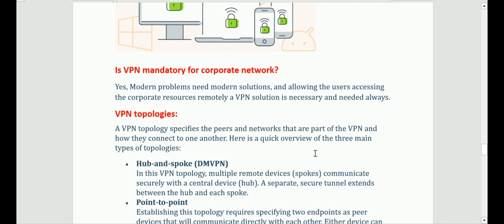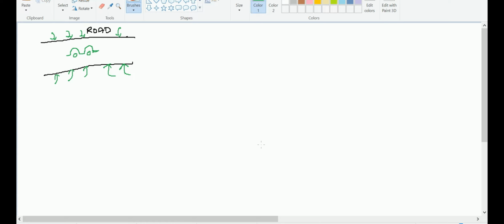And are VPNs mandatory for a corporate network? Yes, absolutely, because modern problems need modern solutions. One of the end users sitting remotely, we don't know which network he will be connected to, because he may be in a hotel, at the airport, or on some free Wi-Fi, but he wants to connect to my network. So how can I trust him? With the help of a VPN only. No matter which network he is connected to,